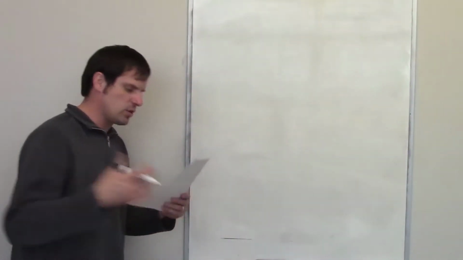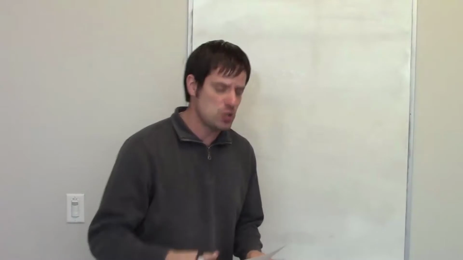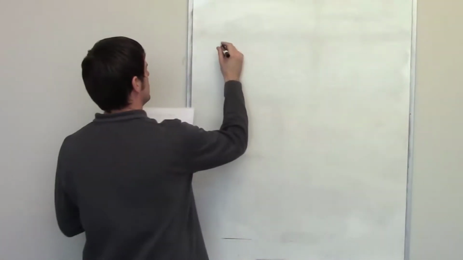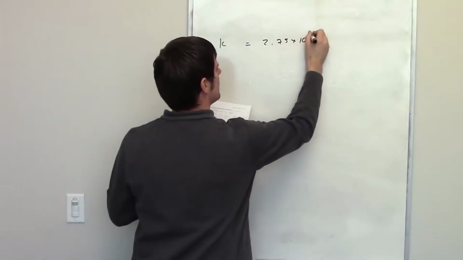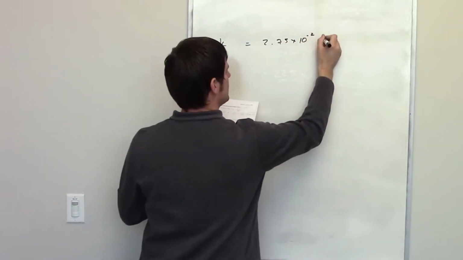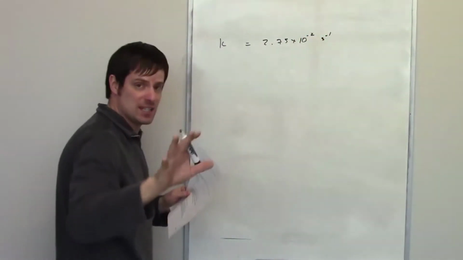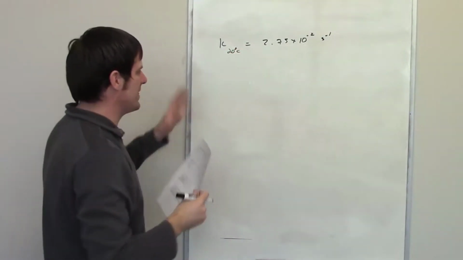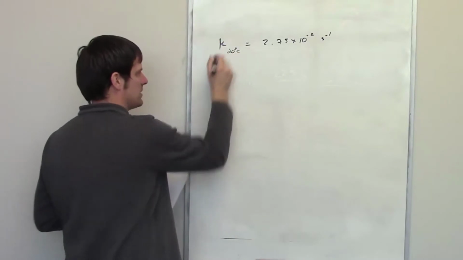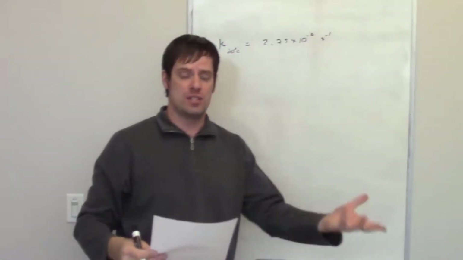This is a really fun problem. It tells us that a certain first order reaction, and that is actually key, has a rate constant of 2.75 times 10 to the negative 2 inverse seconds at 20 degrees C. So I'm going to write down 20 degrees C right here, just so that we know that this is the rate constant at 20 degrees C, and we don't get it mixed up with the rate constant at a different